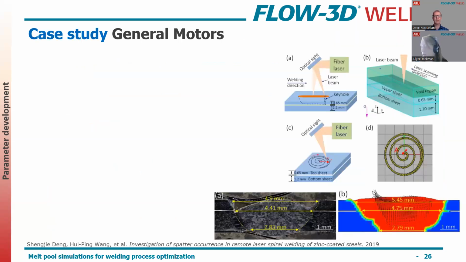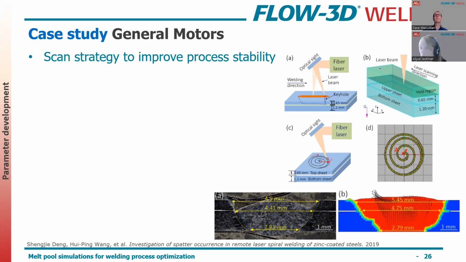So it's not just the speed, the power, and the heat flux distribution, but you can also look at the effective scan strategy. We saw in the beginning that wobbling case that was used to create process stability, but you can also employ all kinds of creative scanning strategies. In this case, some of our users at General Motors were looking at a spiral scan strategy to improve